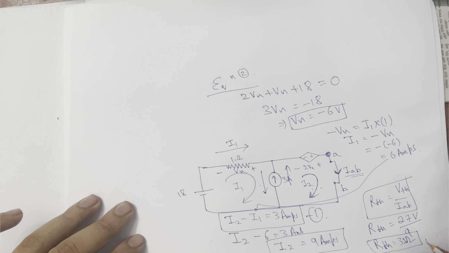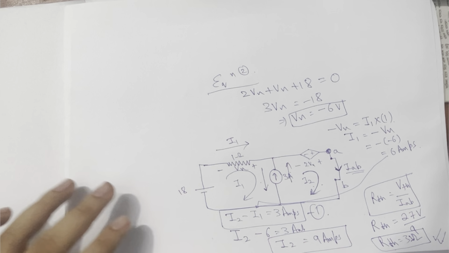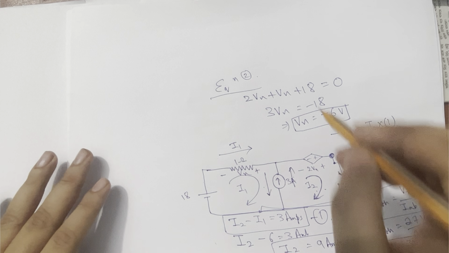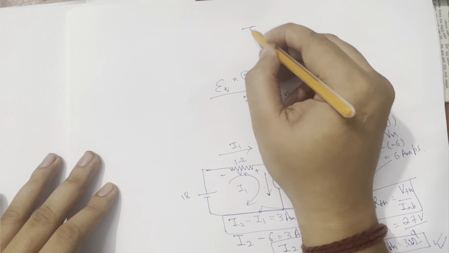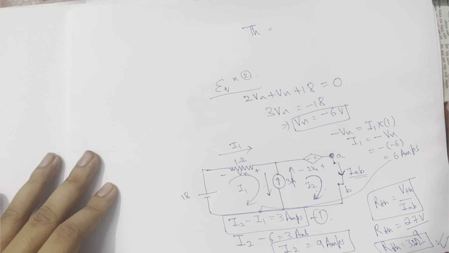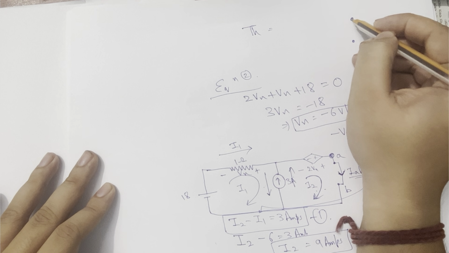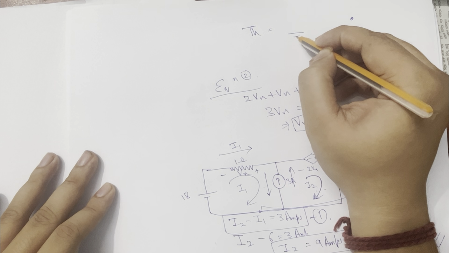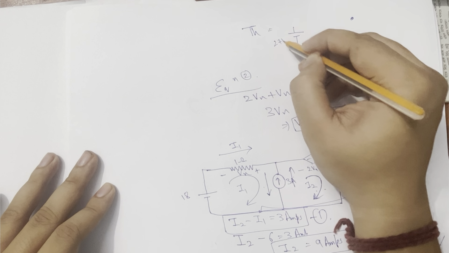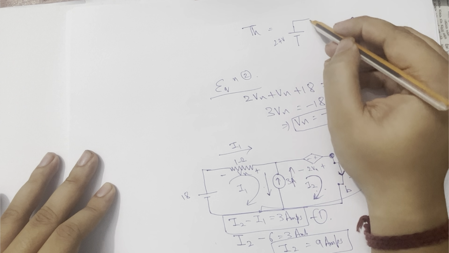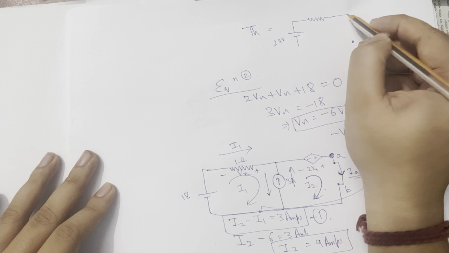We've known the value of RTH. It is equal to 3 ohms. Easily we can calculate. So what will be the Thevenin's equivalent circuit over here? You can easily tell. So the Thevenin's equivalent circuit will be VTH, which was 27 volts, with the A terminal being the positive one. So this was 27 volts VTH, and now the RTH is positive 3 ohms,